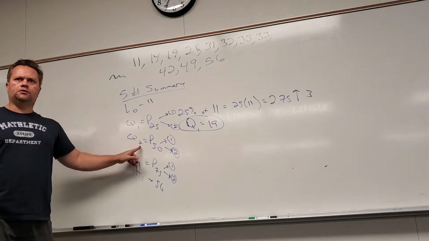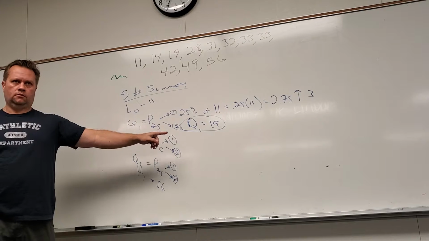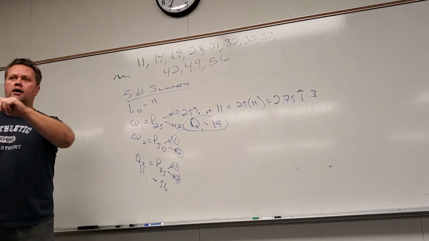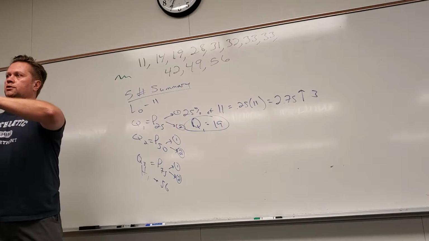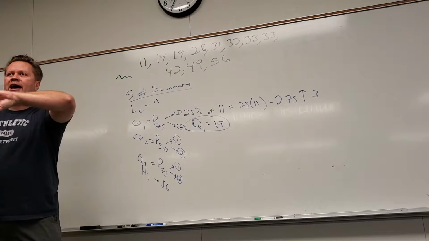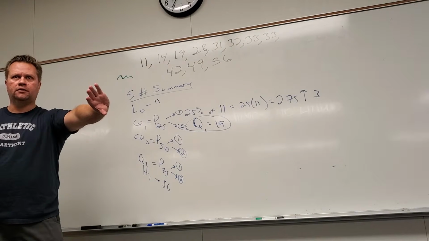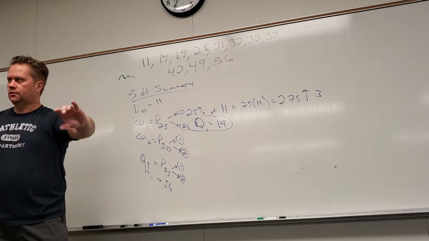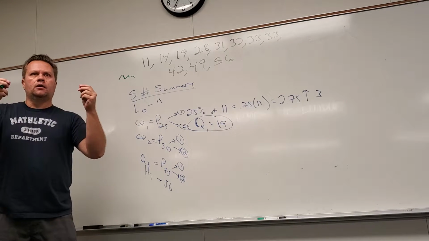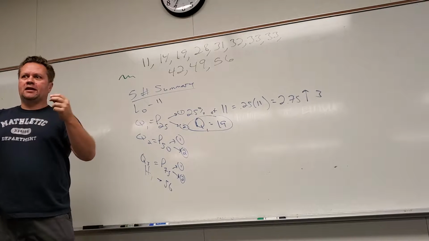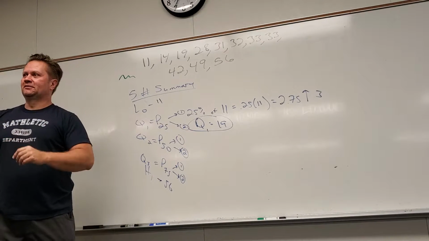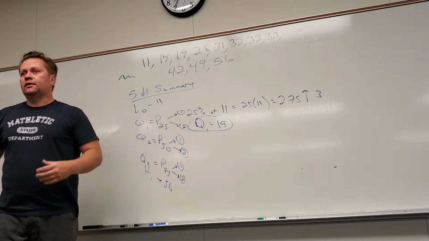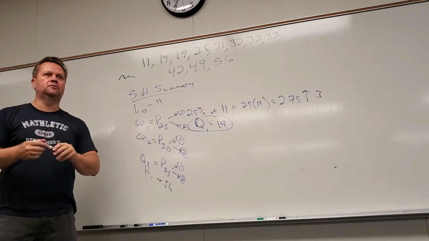How do you guys get Q2? You take 50% of 11, and dear God, just let this make sense. Where should the 50th percentile be? Halfway through the list, roughly. That's the first step we do, take 50% of how long the list is. So it's not just a thing to memorize. It's a thing that makes sense. And the more you realize how it makes sense, the less you actually memorize and the more room you got in your brain.